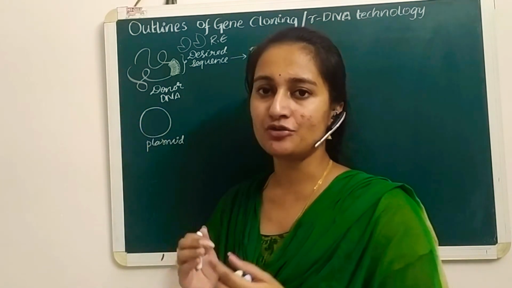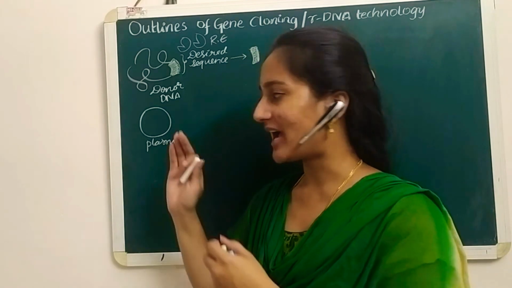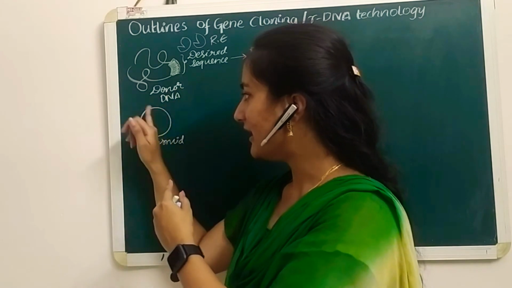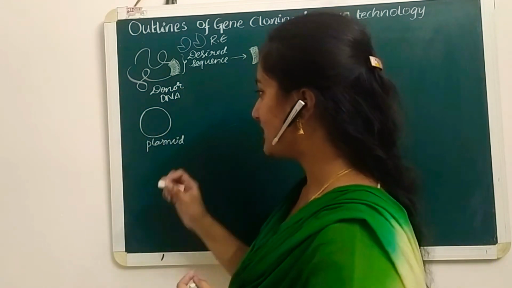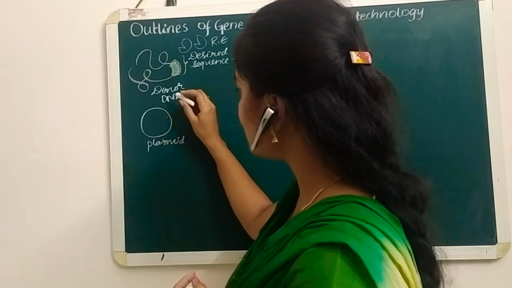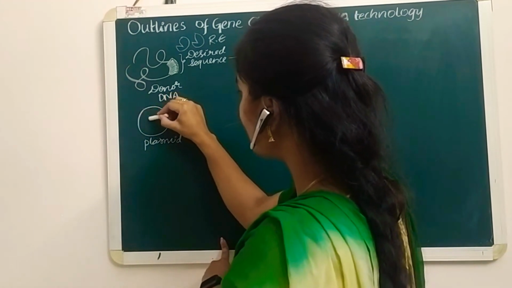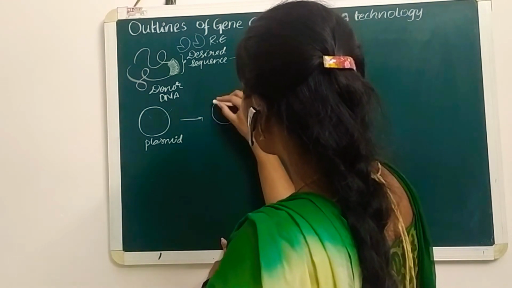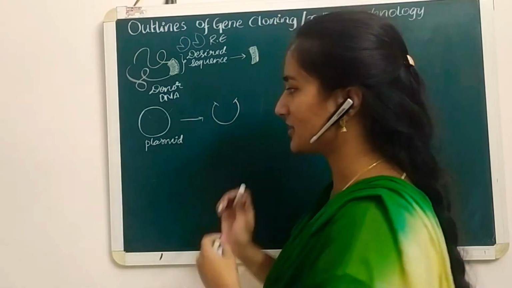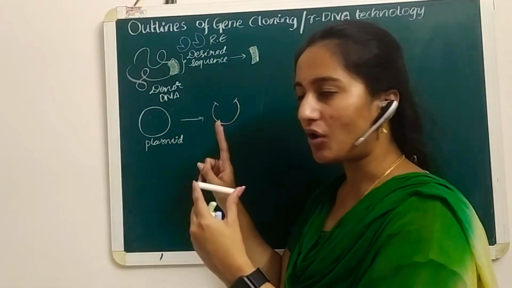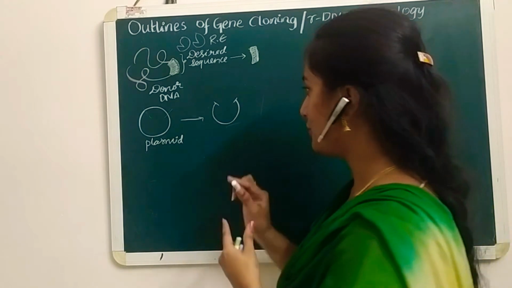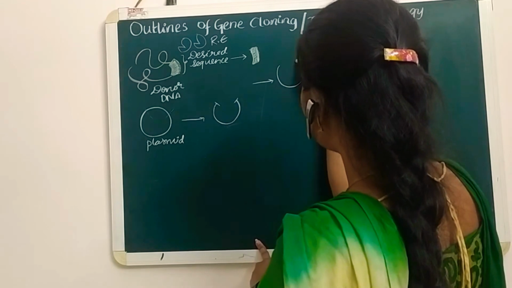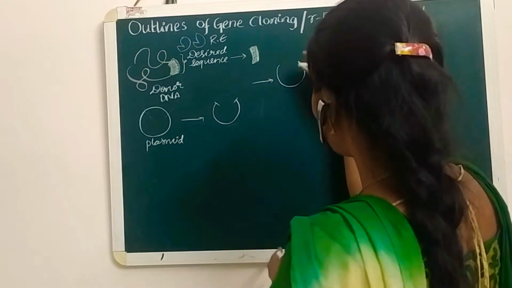That vector needs to be treated with the restriction enzymes. As it has the proper restriction sites, the enzyme will come and bind here and perform the cleavage function. So for example, whenever the restriction enzyme binds here, it performs the cleavage function. Now we get the plasmid in this way, with a place for the insertion of a particular DNA fragment. So the next step of our experiment is inserting the desired fragment into the particular vector, that is, the plasmid.